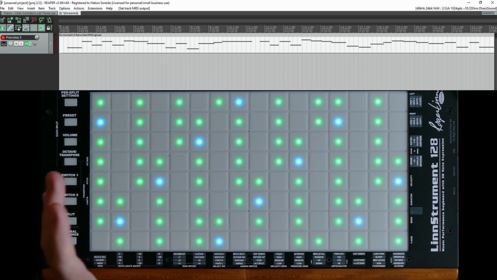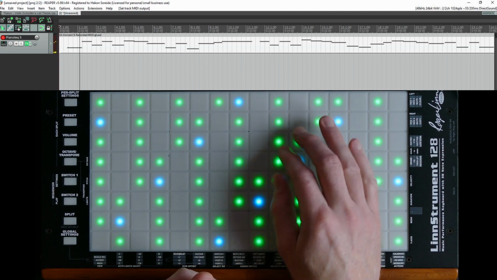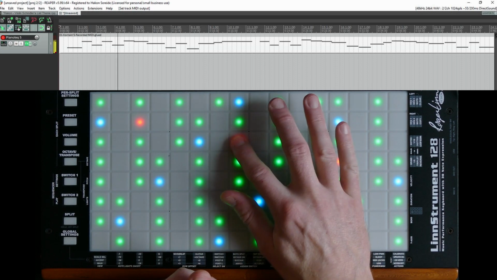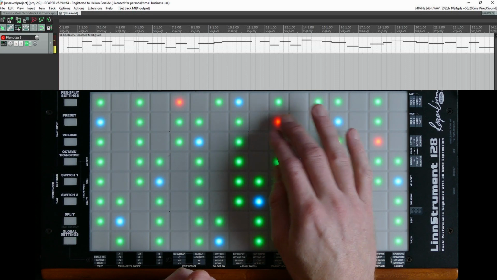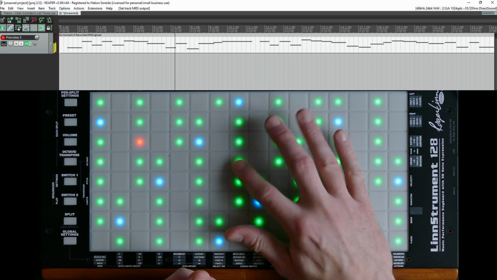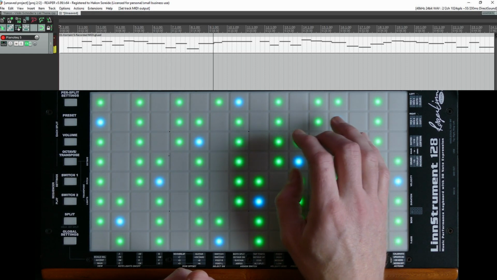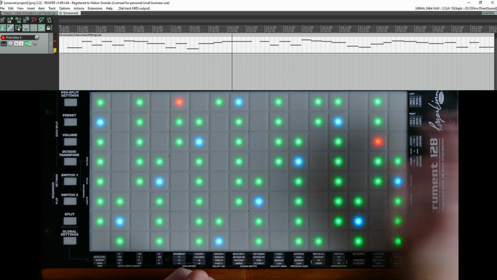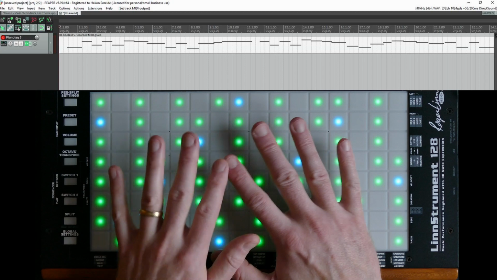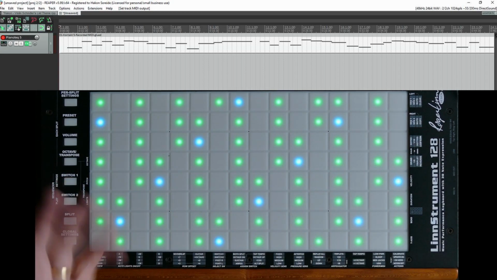And you can then try to practice playing. And of course, now you can hear the sound of the track you're trying to learn,